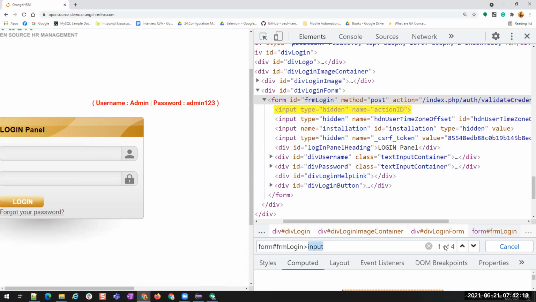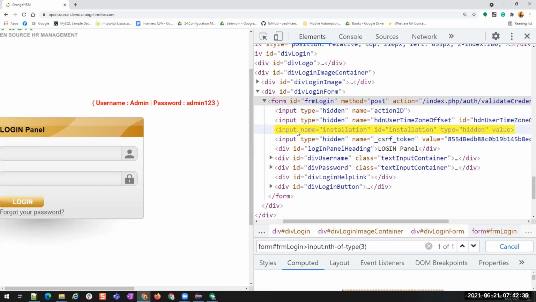Okay. Now we have 4 inputs. Out of these 4 children, I want to select a particular child. Then I'll use colon nth of type in small braces. Now, suppose I want to go into this installation input. Then that is 1, 2, 3. So if I mention 3, it will select it.